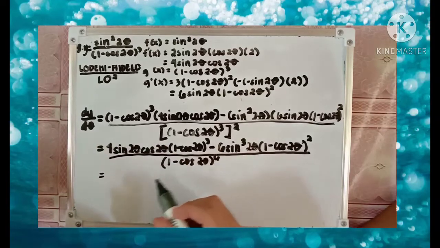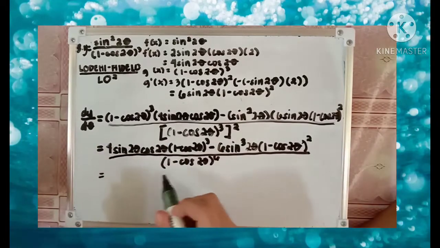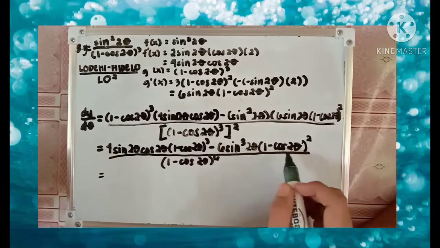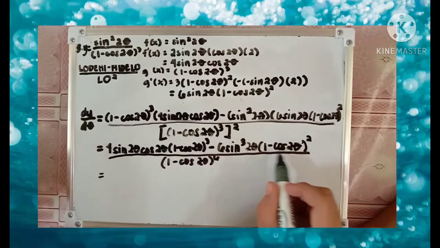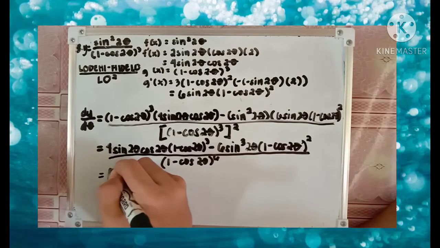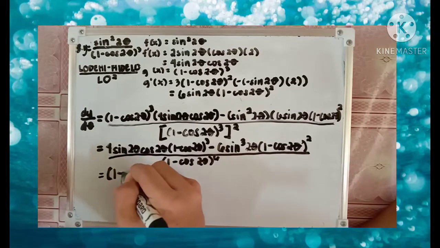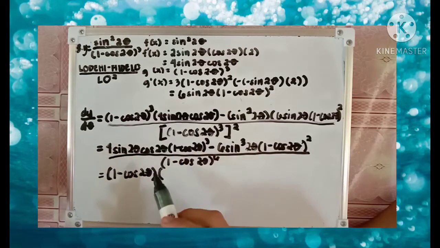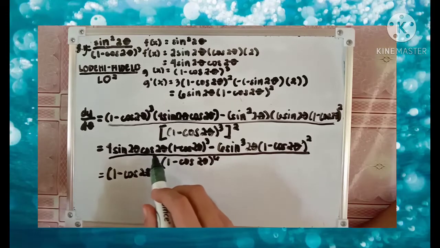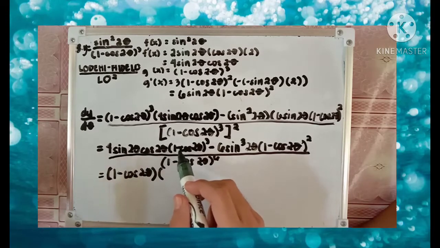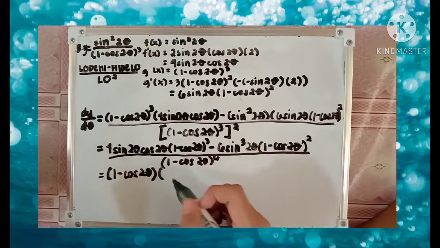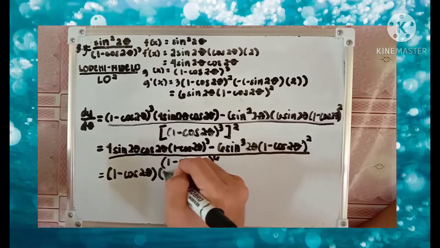So, di pa tapos, pwede pa siyang i-simplify. So, by using common factor, ilalabas natin yung common factor ng numerator which is 1 minus cos 2 theta. So, 4 sine 2 theta cos 2 theta times the quantity of 1 minus cos 2 theta raised to 3 divided by 1 minus cos 2 theta is equals to 4